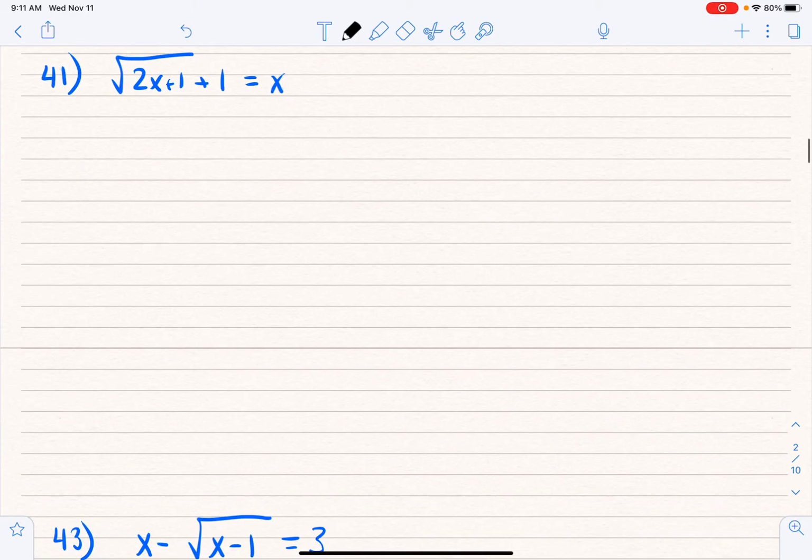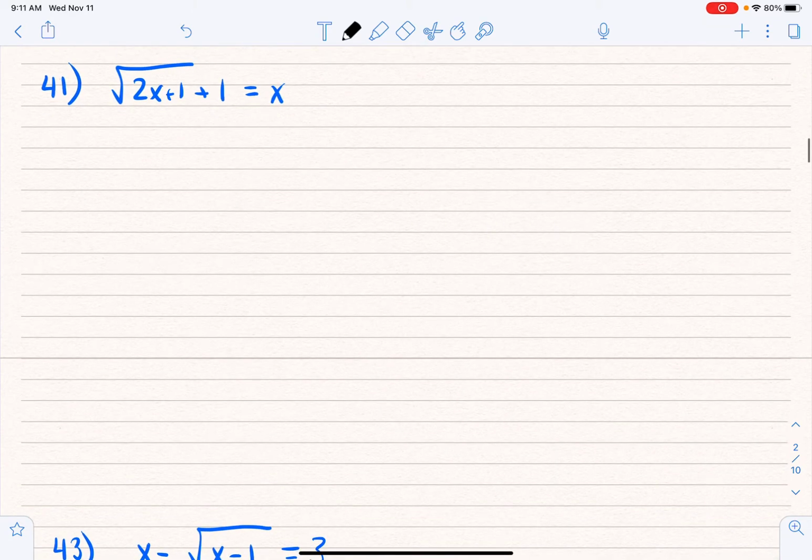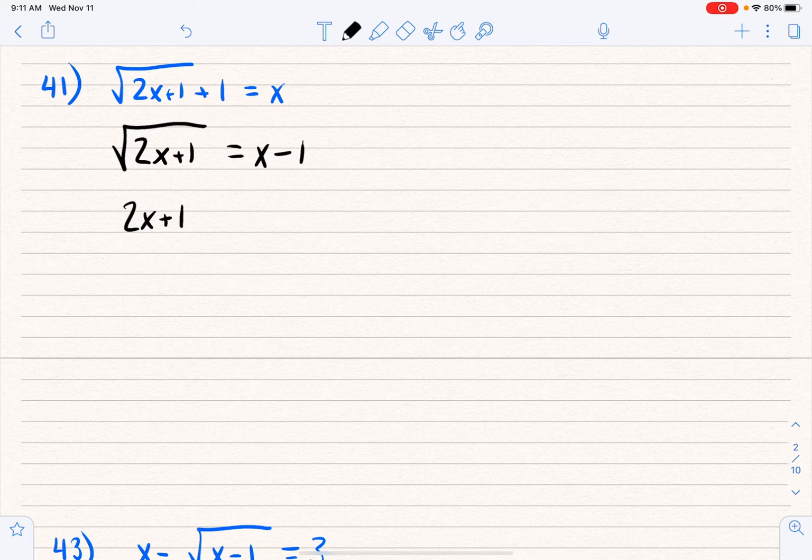All right, moving on. Number 41. Already mentioned this, got to get the radical by itself. So the first thing we're going to do is bump that 1 to the other side, and I'm going to have 2x plus 1 equals x minus 1. Square both sides, and you get 2x plus 1 is equal to x minus 1 squared. Remember, you have to FOIL that out. You can't call that x squared minus 1 squared. You can't do that,